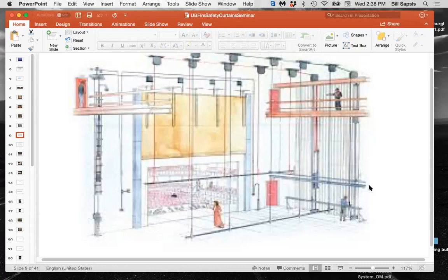There was one at Busch Gardens down in Tampa, Florida. The park there had, and I think still has, the Moroccan Palace, which is their proscenium theater. And over the years, it had many uses. They did ice shows, they did roller skating, they did all kinds of stuff in there. But for many years, they had a deluge system, and that deluge system was connected to the building fire alarm system,